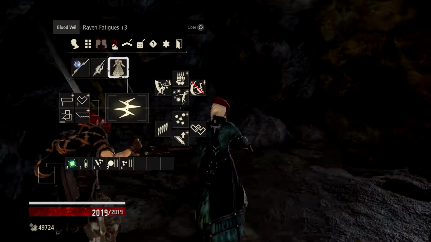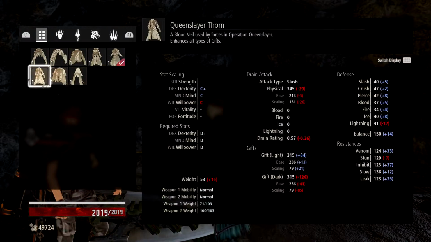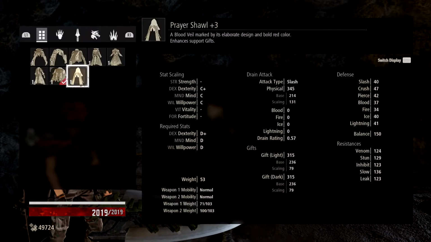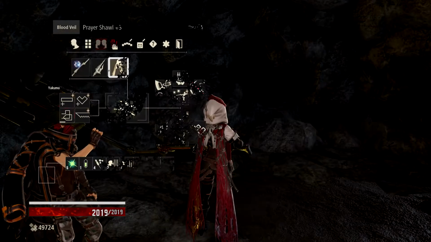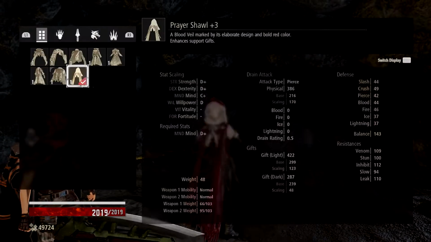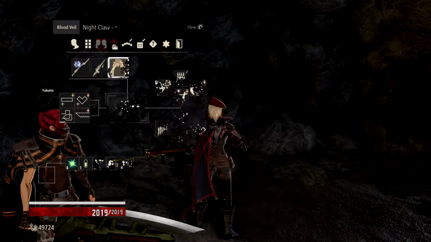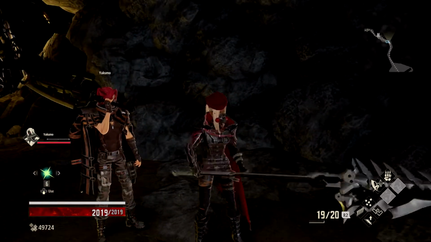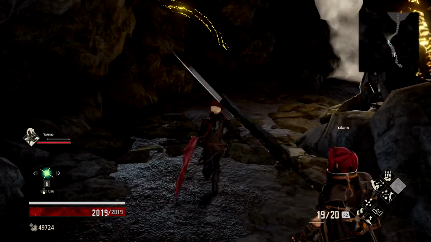And the frame rate goes down because I'm in an area between two zones because I don't want you to look at where I was playing. The Darkhound +3 is a pretty nice jacket. And the Prayer Shawl +3. All right. Oh, I also have the Impaler, which is literally just a spear, and it doesn't require any introduction. I'm going to show you the next...